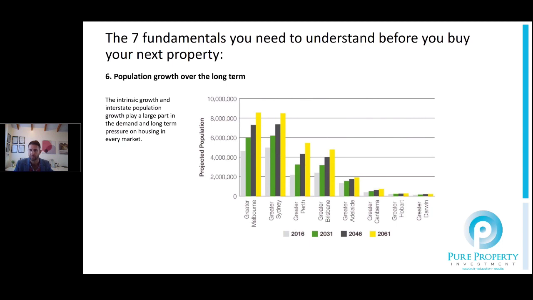I personally wouldn't be touching the apartment market at this point in time for the most part, especially in the inner city markets, just because of that supply issue. But in that freestanding housing market, I think they're in for a very tidy, sustained growth period. Adelaide has always been probably an underperformer in population growth, and I personally don't see too much changing.